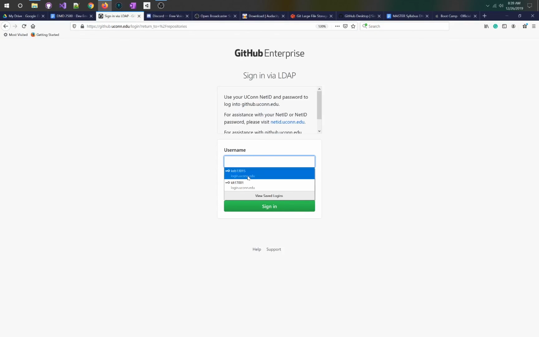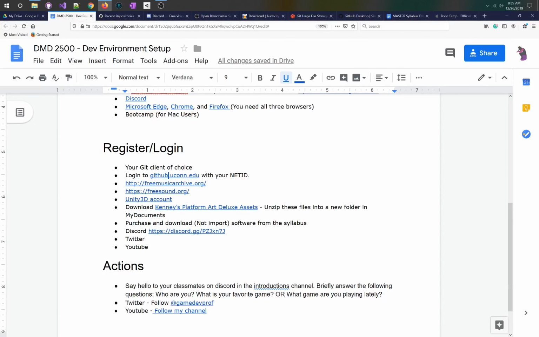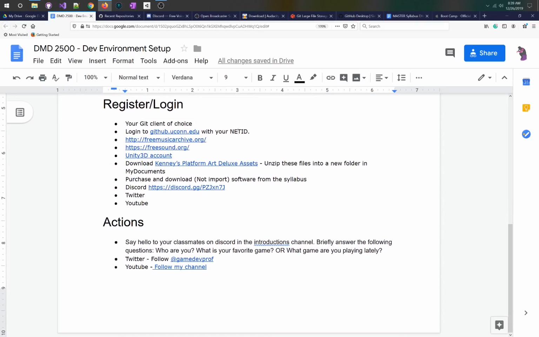The reason why we do that is because we have to initialize our Git Enterprise server account. So if you're a freshman or if you've never logged into the system, your name doesn't pop up and I cannot invite you to where you hand in your homework. So you need to log in once. That's all you need to do. You don't need to poke around in it or anything. You can if you'd like, but sign in with your net ID,